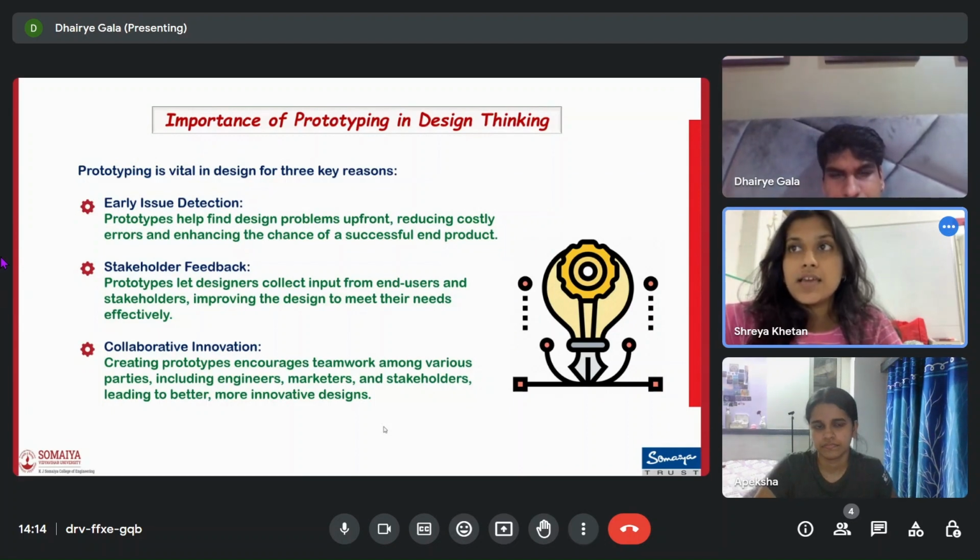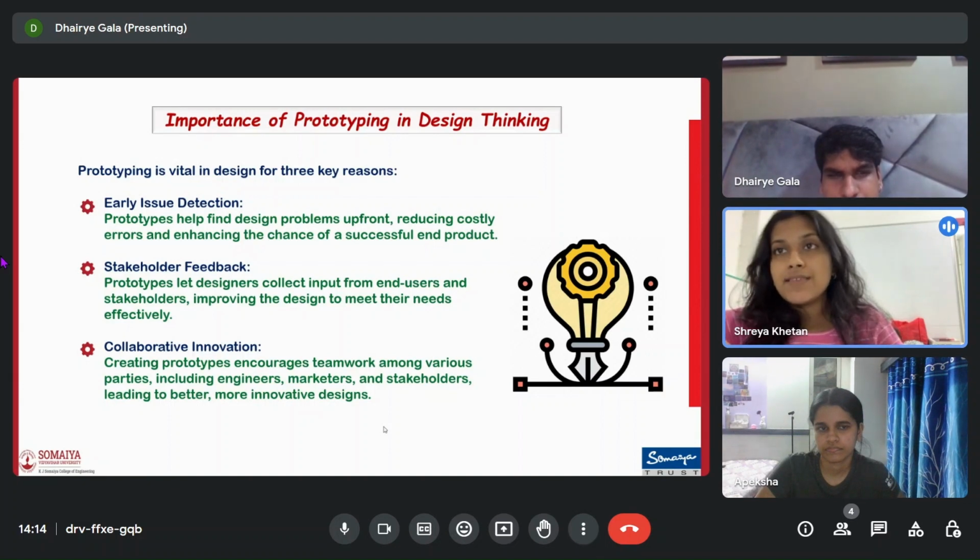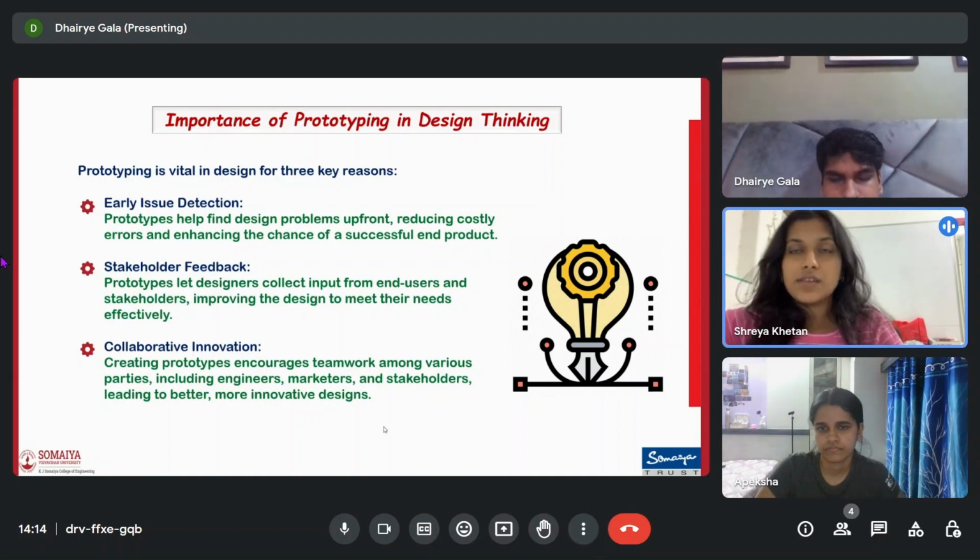Okay, so now that we have spoken about prototyping, let's talk about the importance of prototyping in design thinking. So there are three main important reasons for prototyping. Early problem solving. Prototypes detect design issues early, preventing expensive mistakes and increasing the likelihood of success. Secondly, feedback from stakeholders. They facilitate input from users and stakeholders, resulting in design that meets their need effectively. Thirdly, collaborative creativity. Creating prototypes encourages teamwork among various parties, including engineers, marketeers, and stakeholders, leading to a better and